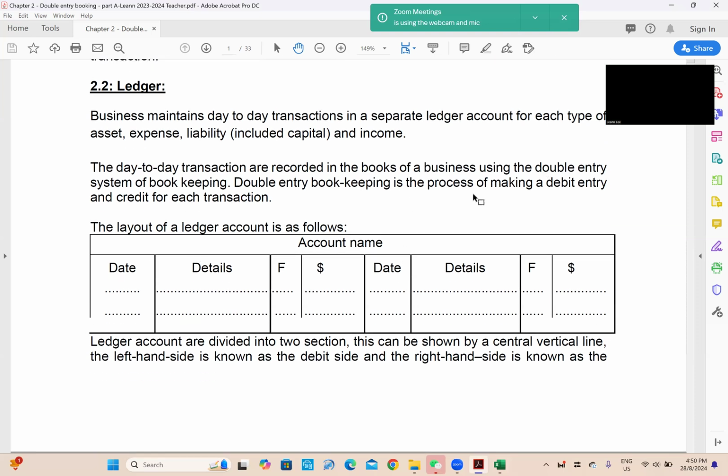So this is my normal T account. We call it the T account, the layout of the ledger. So from this part to this part,